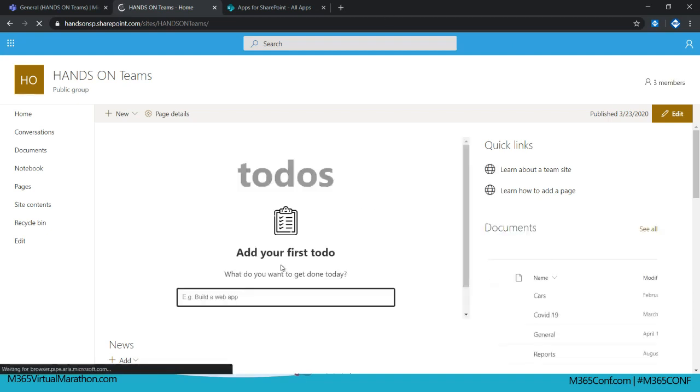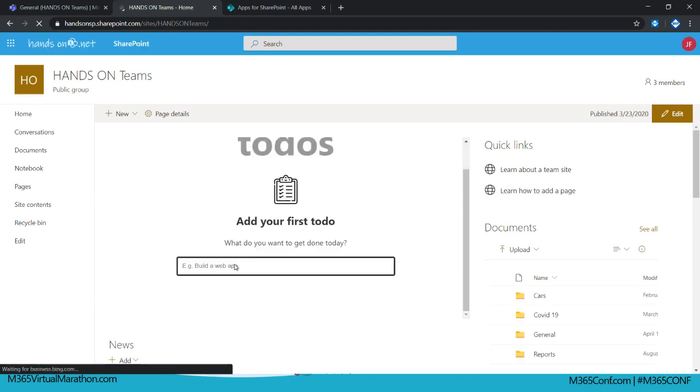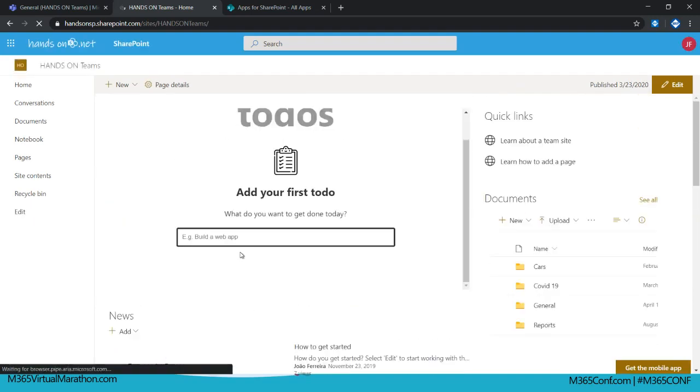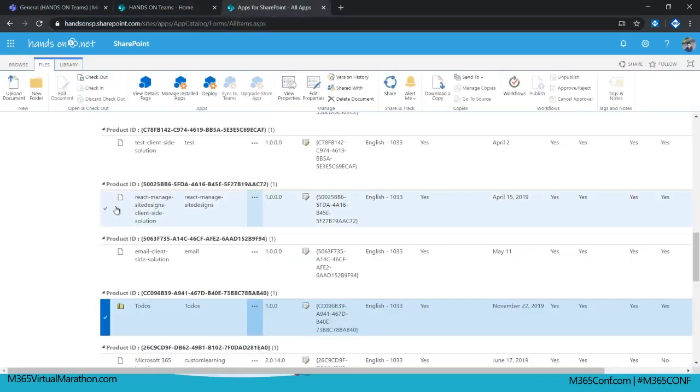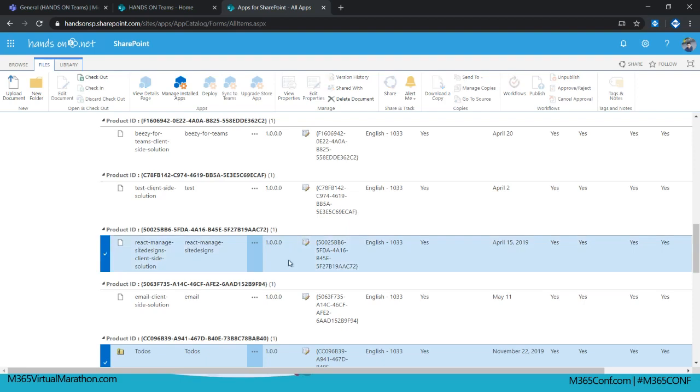As you can see, this is exactly the same app that was never packaged as a SharePoint app. So everything that you build for Microsoft Teams, you will be able to bring it to Microsoft SharePoint with no issues. Same thing, it's valid for everything that you build for SharePoint can be easily integrated with